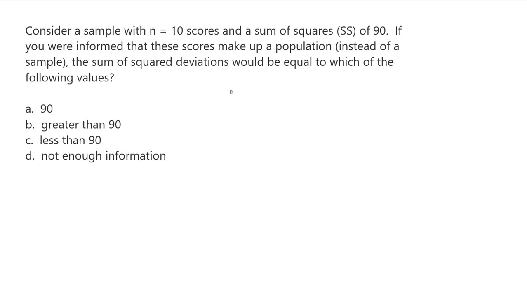Okay, so what do we know here? We know that n equals 10 and that the sum of squares equals 90. And so that's when it's a sample. Now they're suggesting, what if we found out that it's a population? If it's a population where big N equals 10, they want to know what the sum of squares would be equal to. Well, it's not going to change because of the formula for sum of squares, if I'm dealing with